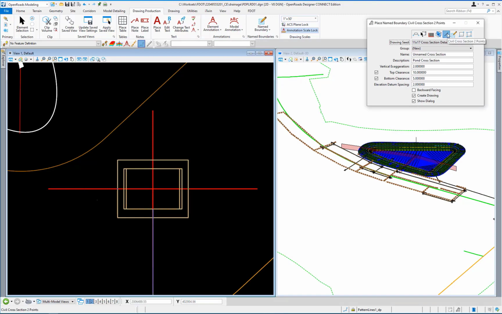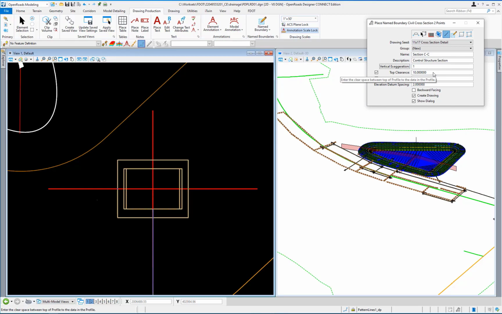In the dialog, set the drawing seed to 11 by 17 cross-section detail. The name field to section C-C and the description field to control structure section. The vertical exaggeration should be set to 1.